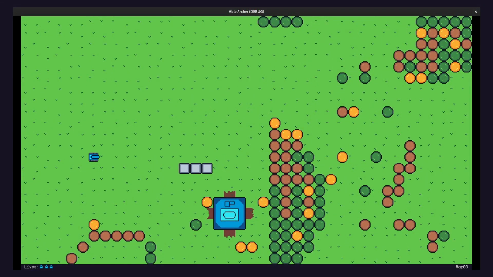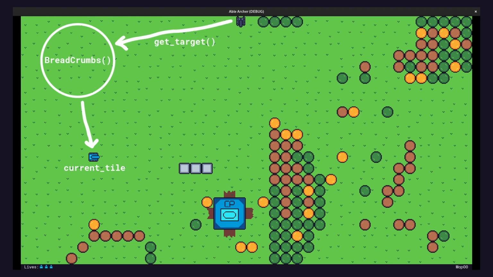The first thing I had to do was add a way for the hunter-killers to know where on the map the player is. For this, I created a new class called breadcrumbs. When the level starts, the map creates a single instance of this class. This maintains a pointer to the current player tank, and that player tank in turn maintains a current tile vector too. Every physics process, the player tank compares its current tile with what it has stored and updates it if it's different. When the hunter-killer tank enters a level, it queries its pointer to the breadcrumbs class for the location